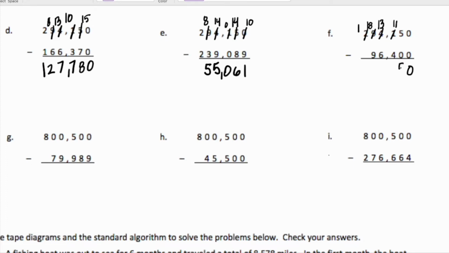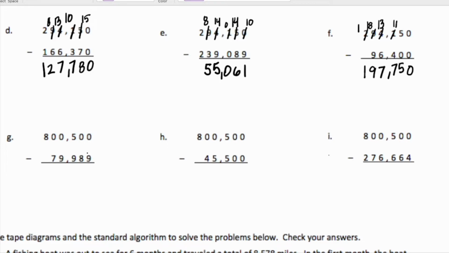0 minus 0. 5 minus 0. 11 minus 4. 13 minus 6. 18 minus 9, and 1. 197,750. On to G. We have 800,500 minus